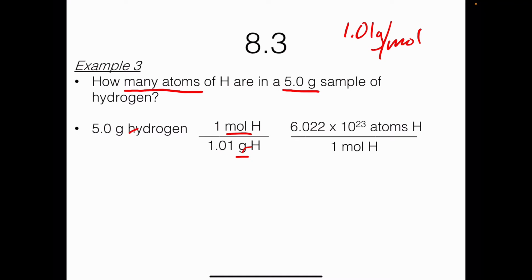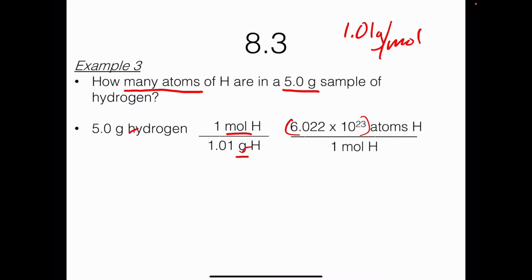So when I put this in my calculator, this is where you have to be careful, and you have to practice putting these in your calculator to make sure that you're doing this correctly, especially if Avogadro's number ends up being on the bottom, because you want to make sure that that value is in parentheses. So on top, I'm going to multiply 5.0 and then in parentheses 6.022 times 10 to the 23rd. And when you put this in your